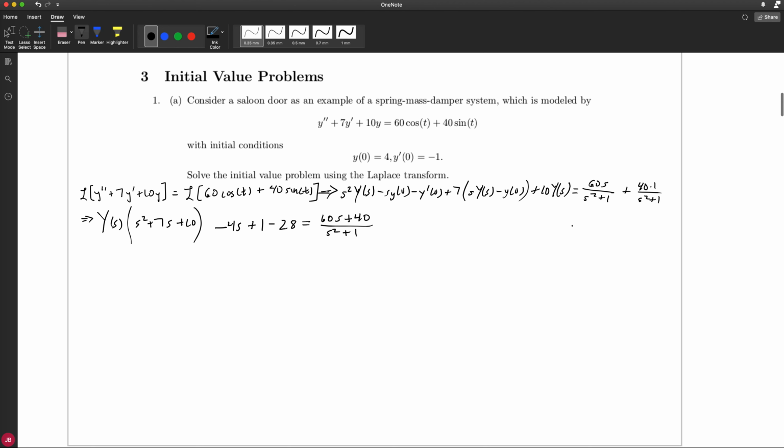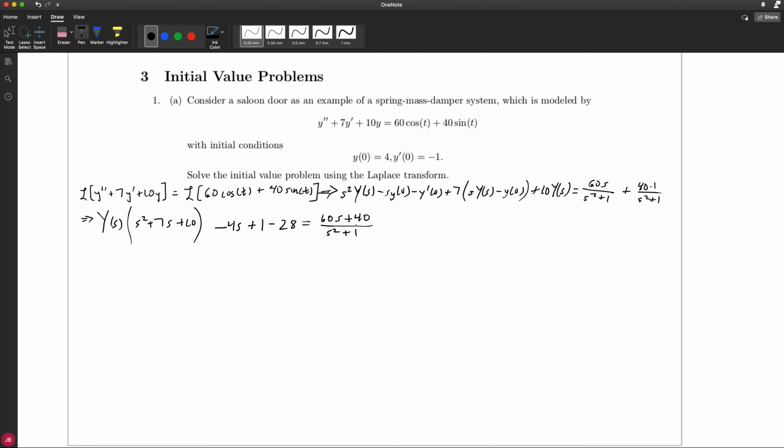So on the right-hand side, note the common denominator s squared plus 1, so I just put both of those onto the same fraction. Here I get s squared times Y(s), so there's that part right there. 7s times Y(s), that's that part there. And 10 times Y(s), that's that part there. y(0) is 4, so I get minus 4s. Minus -1 becomes plus 1. And then you'll notice I also have minus 7 times y(0), so minus 7 times 4 is minus 28. Okay, and so if I simplify this a little bit further, you'll notice I get minus 27 here,